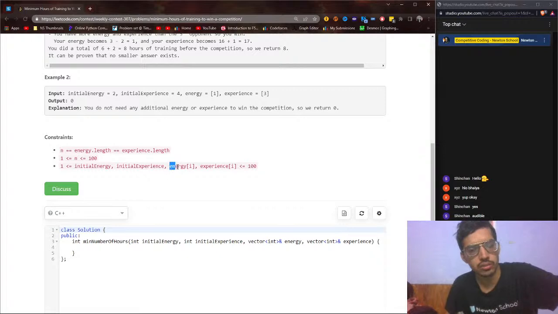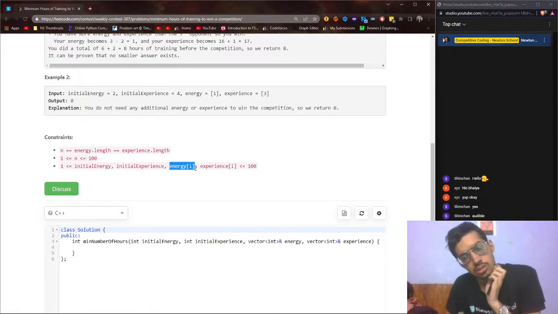So our energy will decrease by this, right? So we want our total energy more than that. So that is the first thing, and then we can just